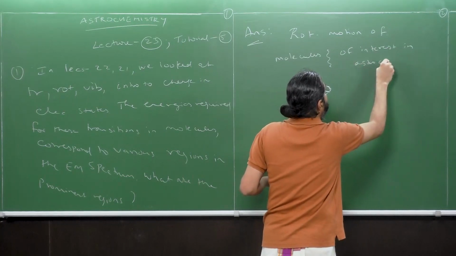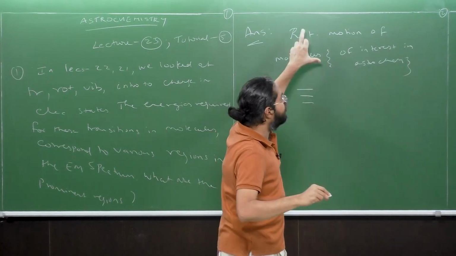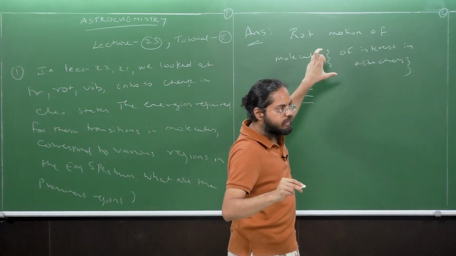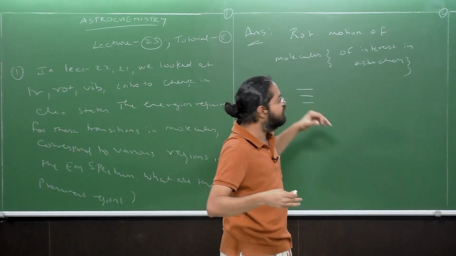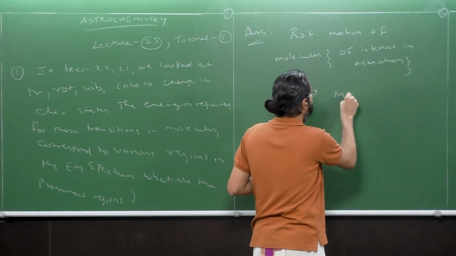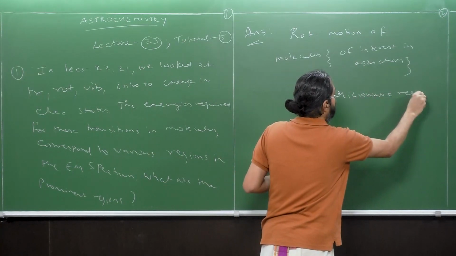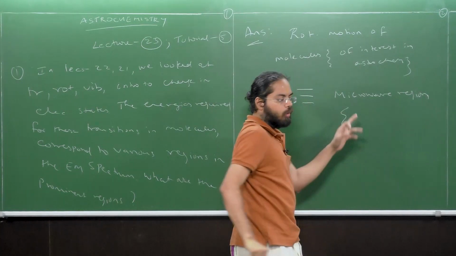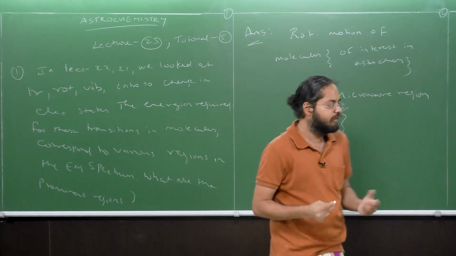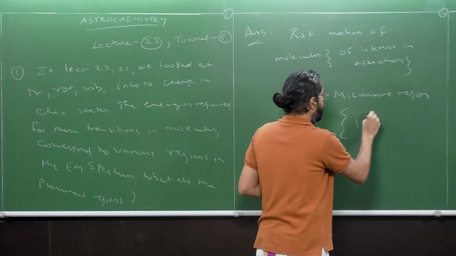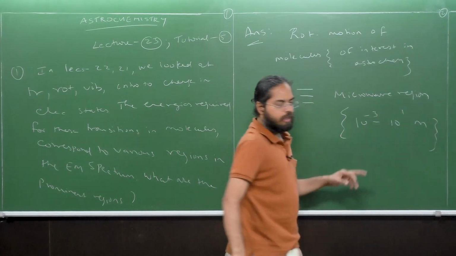The energy for this molecular rotation happens to be coincidental with the energy range of the microwave region. Please note this. So what is the wavelength range for the microwave region? It is going to be 10 to the power minus 3 to 10 to the power 1 meters, and this is the